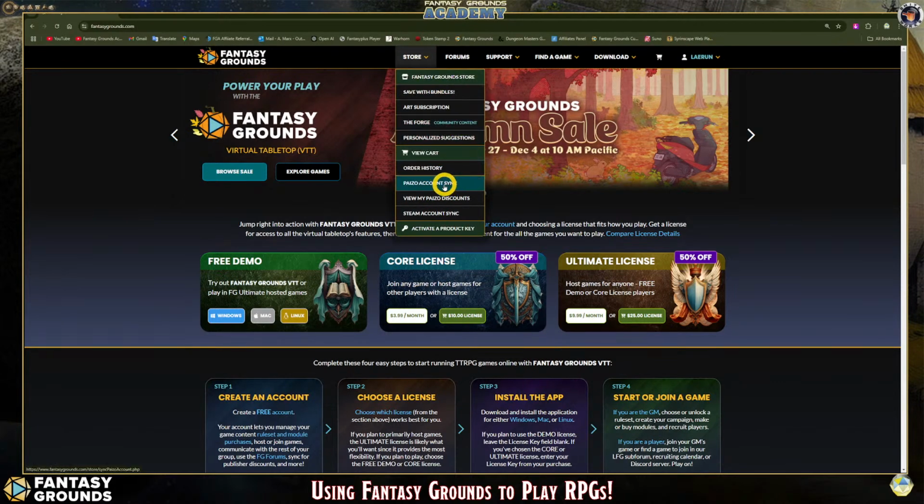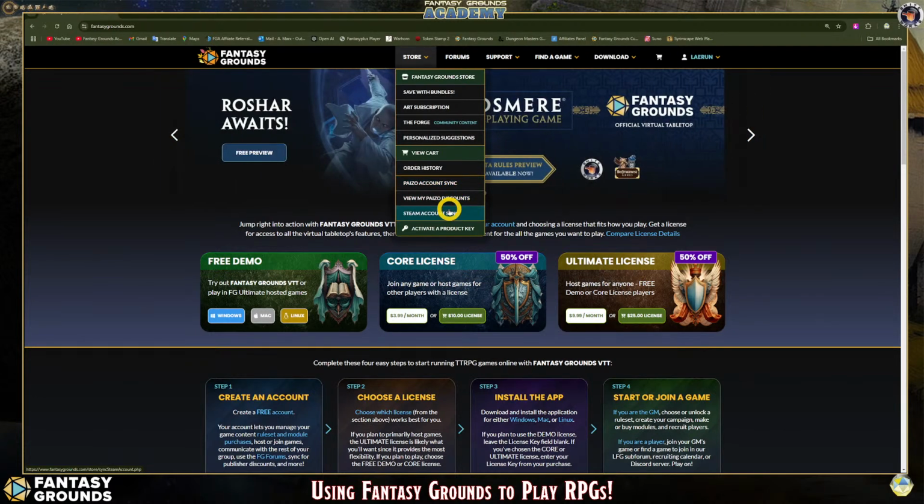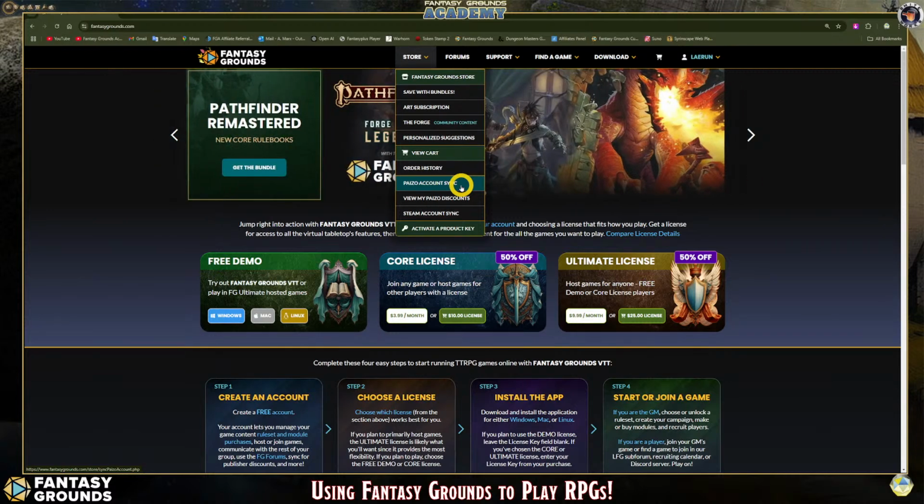If you're using Paizo or Steam, you want to synchronize the accounts. That's an important step if you're using Steam or if you're using Paizo products. And you also have to have a store account on the Paizo website. It doesn't count for hardback books, but any PDFs that you own or such, if you register those